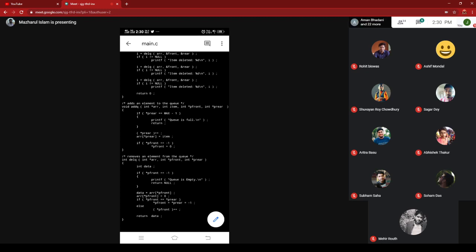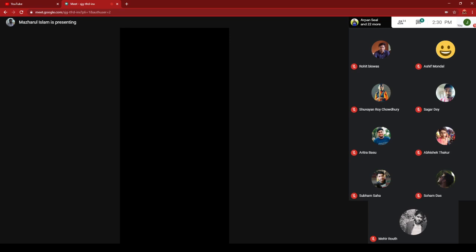Then you are ready to delete elements. When at least one element has been added, you are ready to delete, because after adding one element, you can delete it. If you do not reset p_front from -1 to 0, then you cannot access the -1 location.